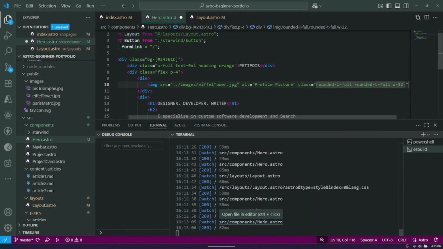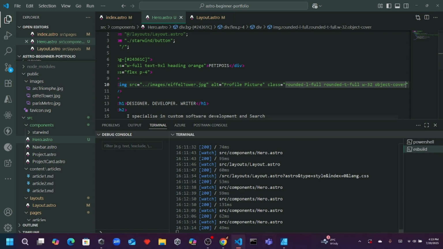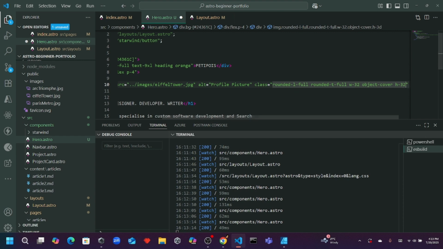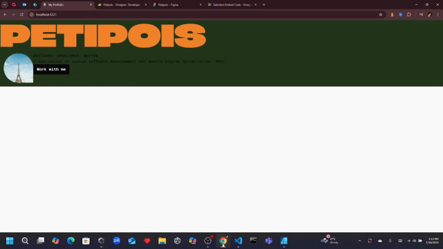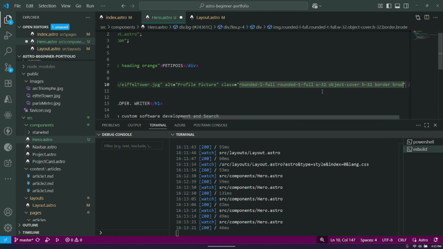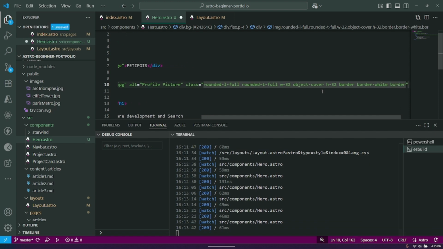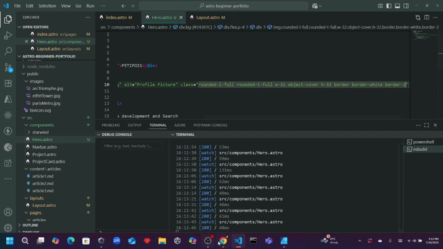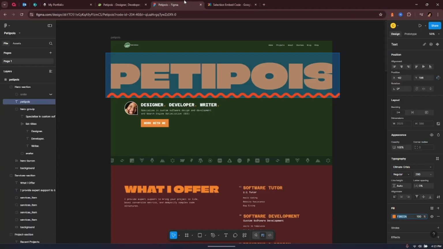Okay. And we'll just say object cover for now, so that the height 32. There we go. Nice. And so then what we will do, we'll give it a border, and then we'll say border-white, and we can say border-2 to make sure that we have a nice thick border. So it's coming along similar to what we have here,